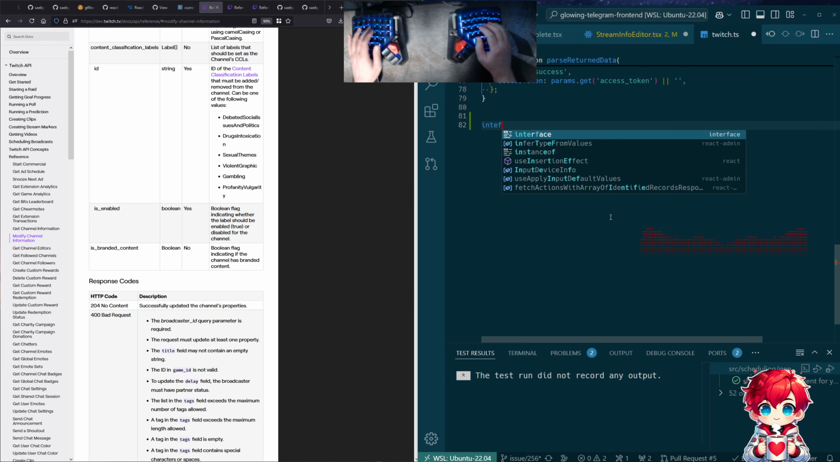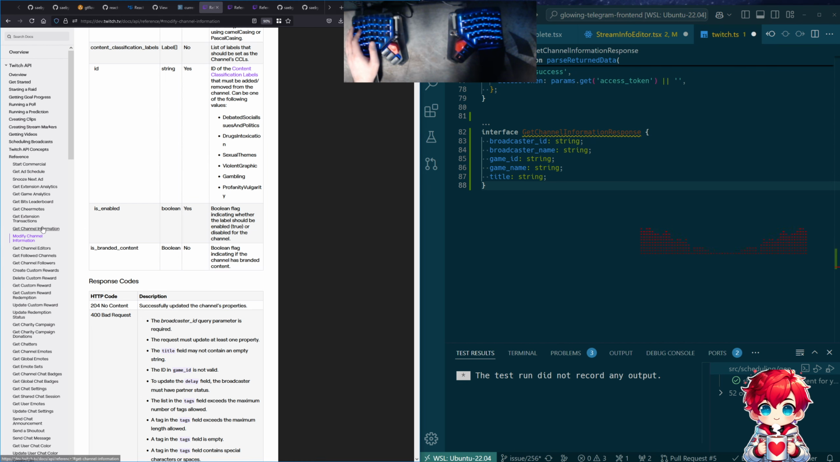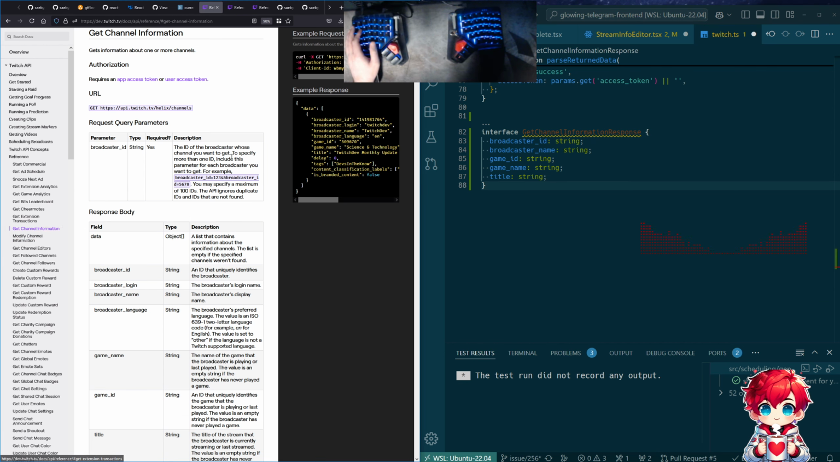Let's do interface. Yeah, get channel responses actually. Let's see, get channel information response. Right, so we want to provide a wrapper that calls this API, and so